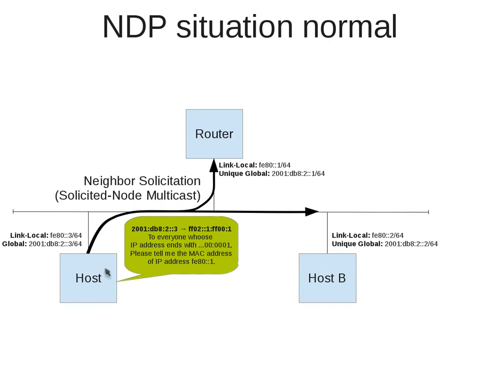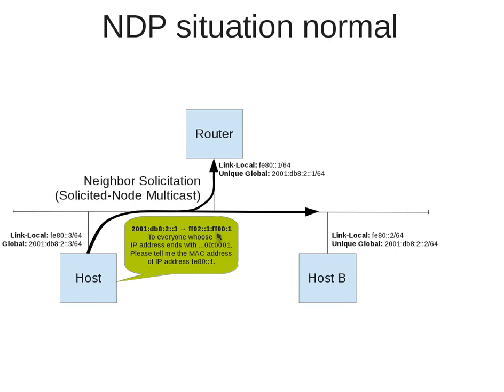What's the MAC address of the router? For this, it sends out a neighbor solicitation to a special multicast address for this use case. Here we can see that it sends from its unique global address because the host wants to communicate to the outside world,